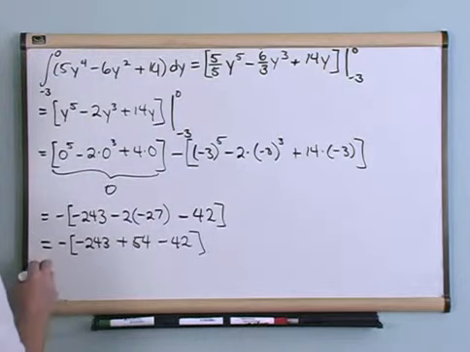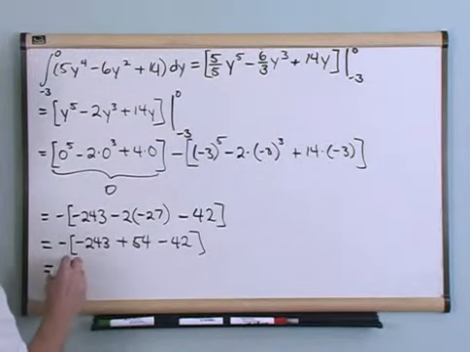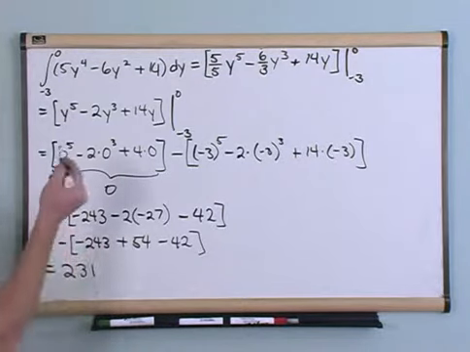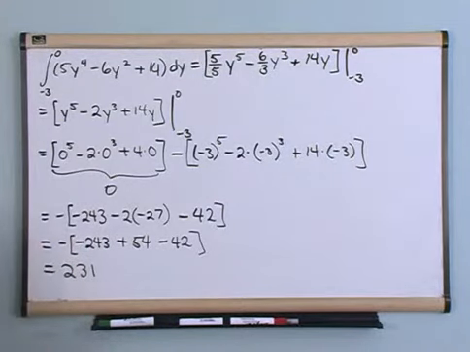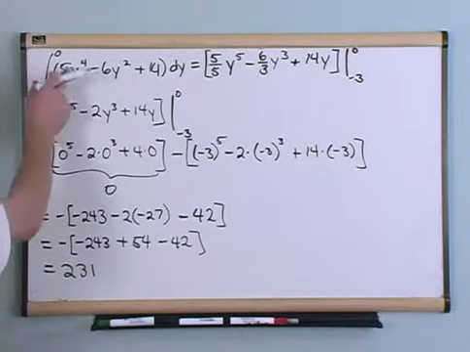And then when you do all this and you add it all up, you get a positive 231. When you add these numbers up on the inside and you multiply by negative 1, you'll get a positive 231. That's a positive area. So that's the answer to this integral. Okay,